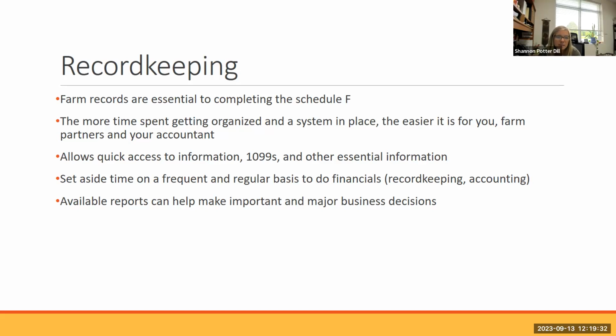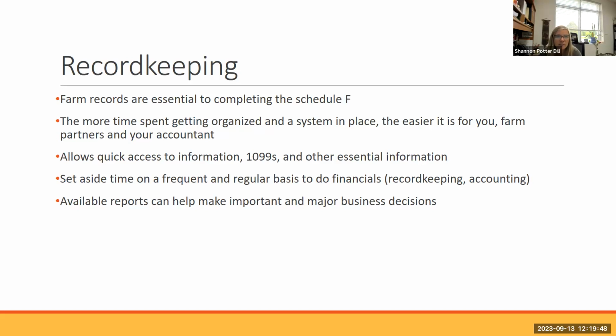It allows quick access to information. So if you are trying to look up how much you spent on feed this year, or making some estimates on the sales generation from a certain enterprise, having good records would help with that.